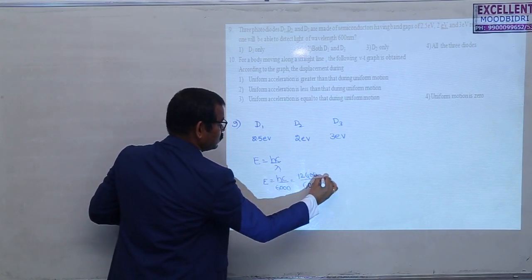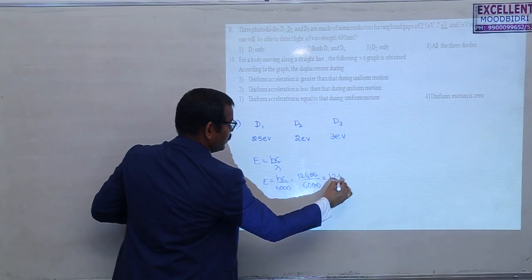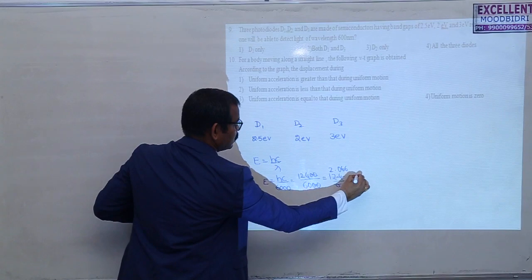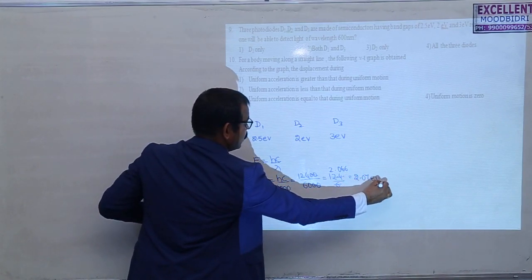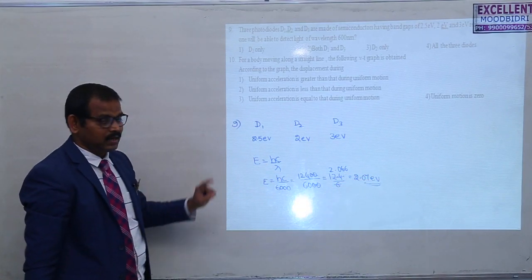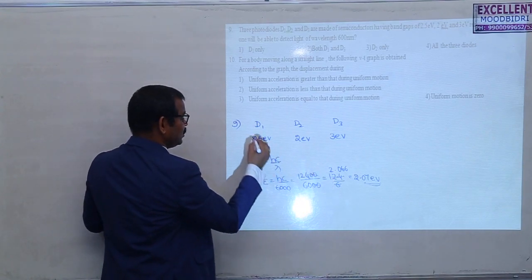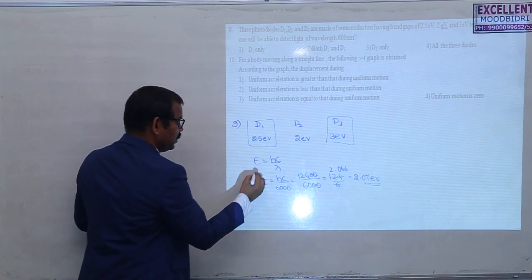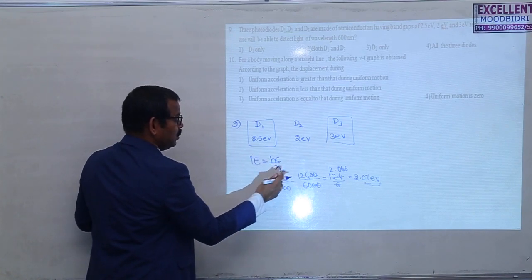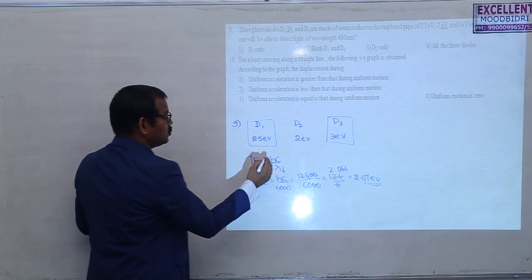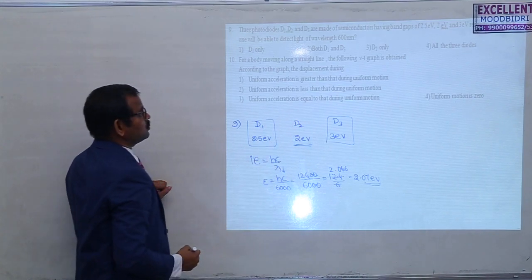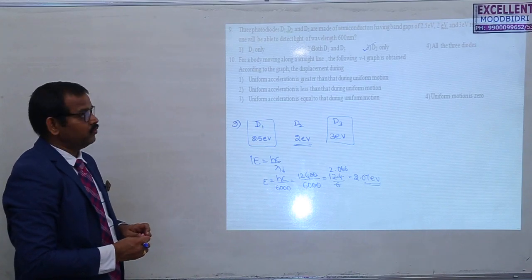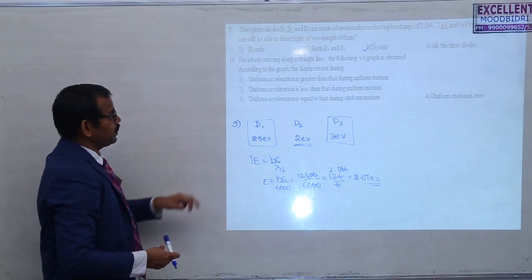So this is 6000. So from this you can write 12.4 by 6, 2 zeros, 66. So this will be 2.07 electron volts. This is the energy. You can see the energy of the first diode, energy of the third diode is greater than this. If energy is more, they can detect wavelengths less than 600. So to detect this one, only D2 is required. So the correct answer is only D2 can detect the wavelength of 600 nanometers.